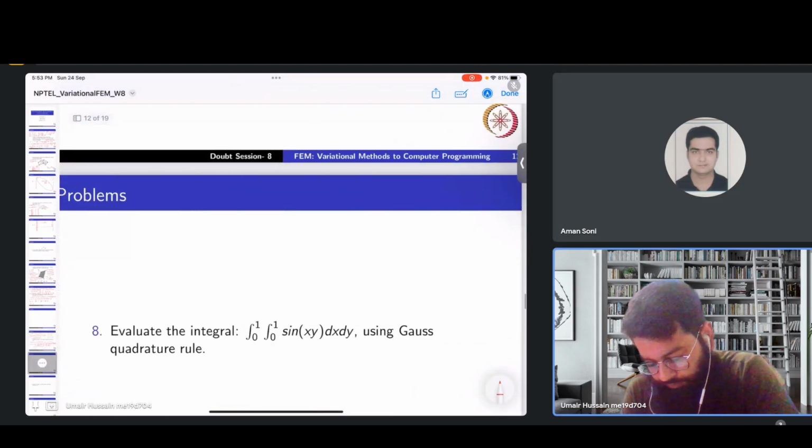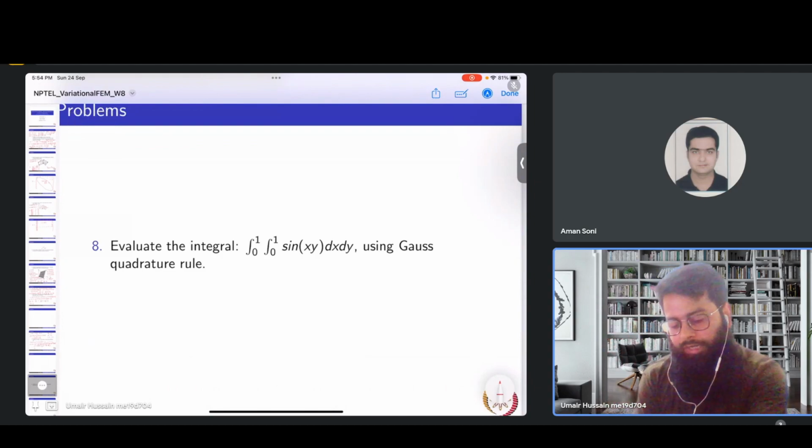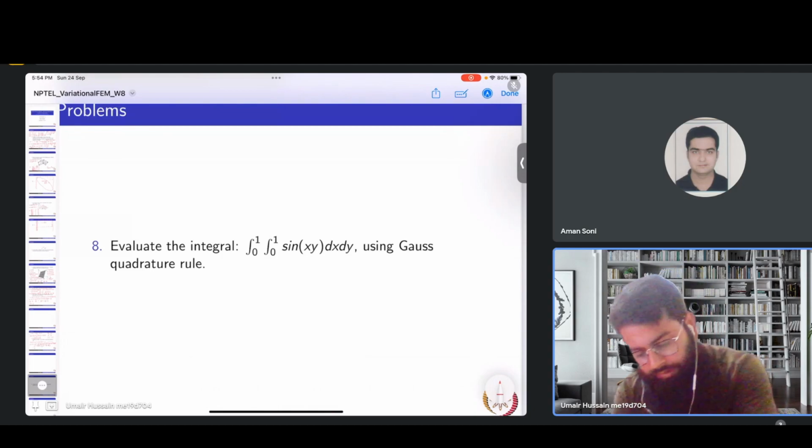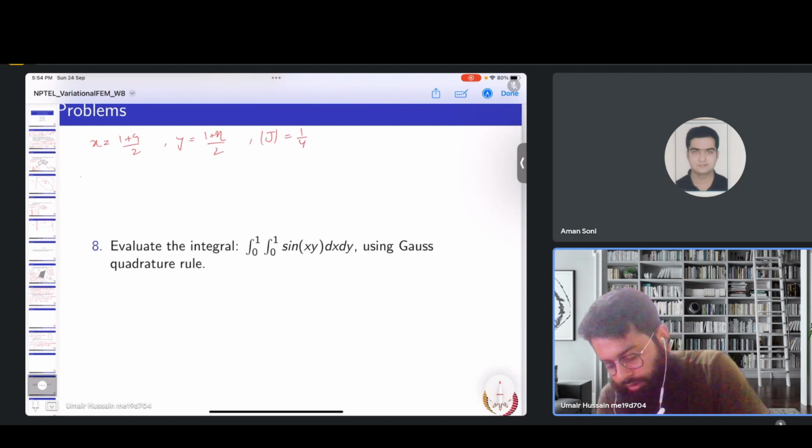Okay, so now we have again the same integral, same limits actually, with the integrand changed to sine xy. So we'll try to do this also. Again x is (1 plus xi)/2, y is (1 plus eta)/2. Jacobian is 1 by 4. So our integral 0 to 1 sine xy dx dy changes to